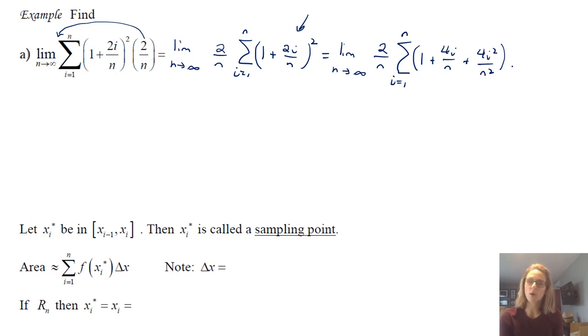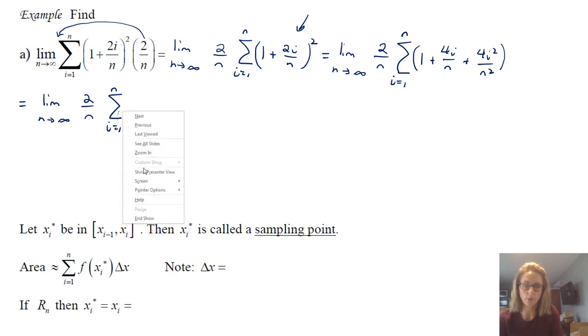Okay, now the reason for doing all this is because we do want to eventually replace those i's. That's the idea. And we're using the properties that we have from the last page. So I have the limit as n approaches infinity, and I have 2 over n, and then I have my summation, i equals 1 to n. And actually, you know what? Even in my notes, I just go right from here where I stop using the summation notation and actually use the properties. So I'll just do that.